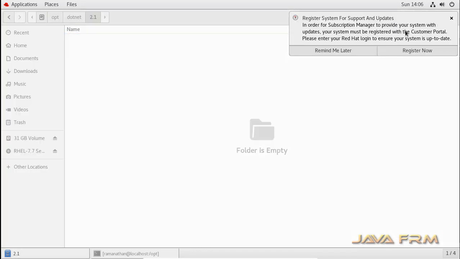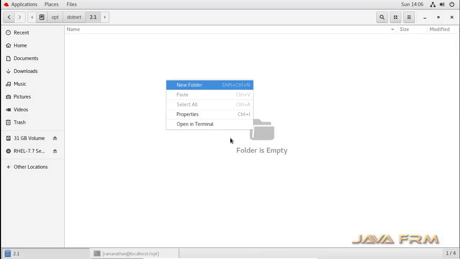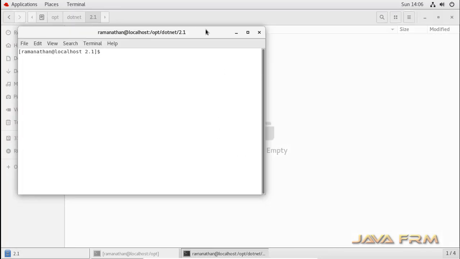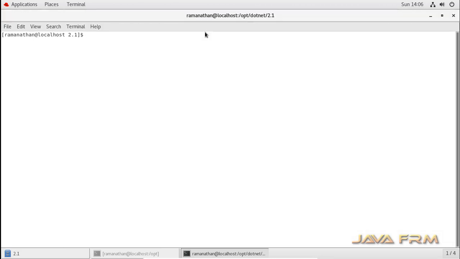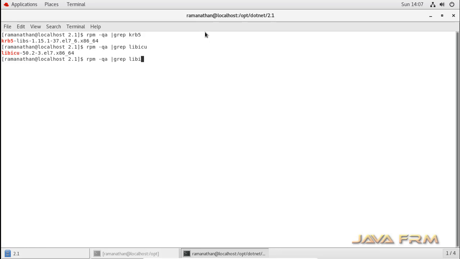Before we proceed to installation, we need to check some requirements that should be pre-installed, nothing but dependencies needed by .NET Core 2.1. Among them are krb5-libs, libicu, OpenSSL, and zlib.